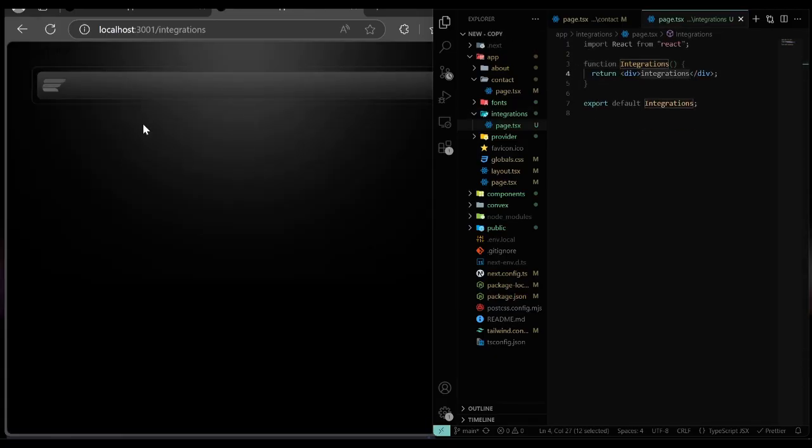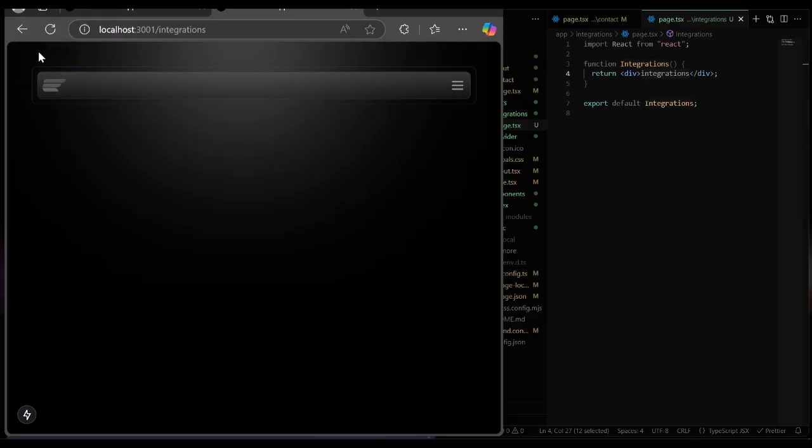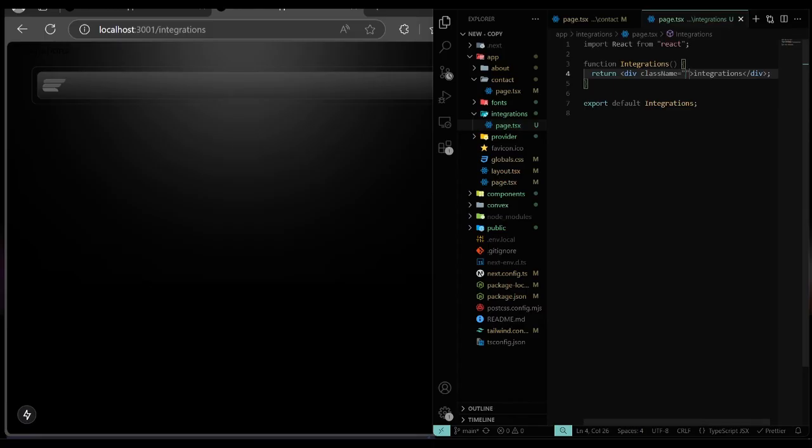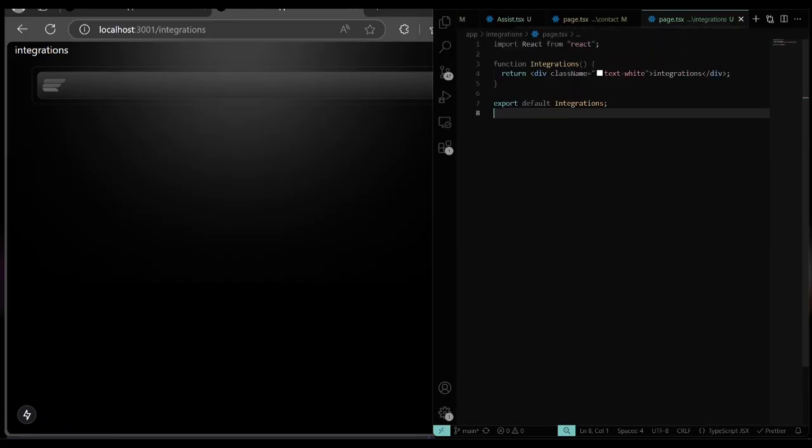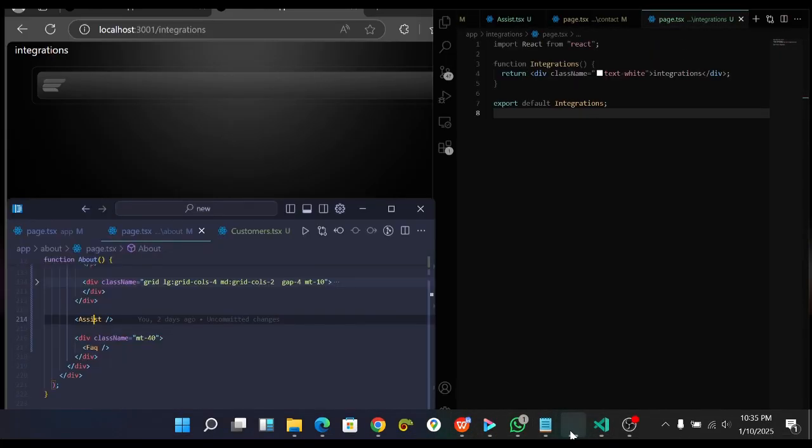So here we can see there's a text right here. Even if you can't, the text is right here. Let's make it white so you guys see that there's actually a text right there. As you can see, there's text right there. So let's go back to